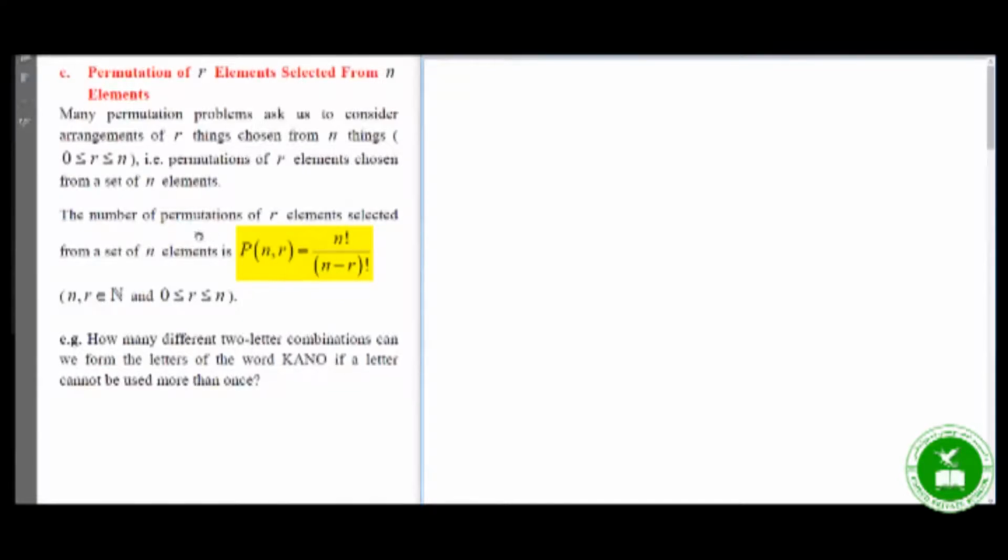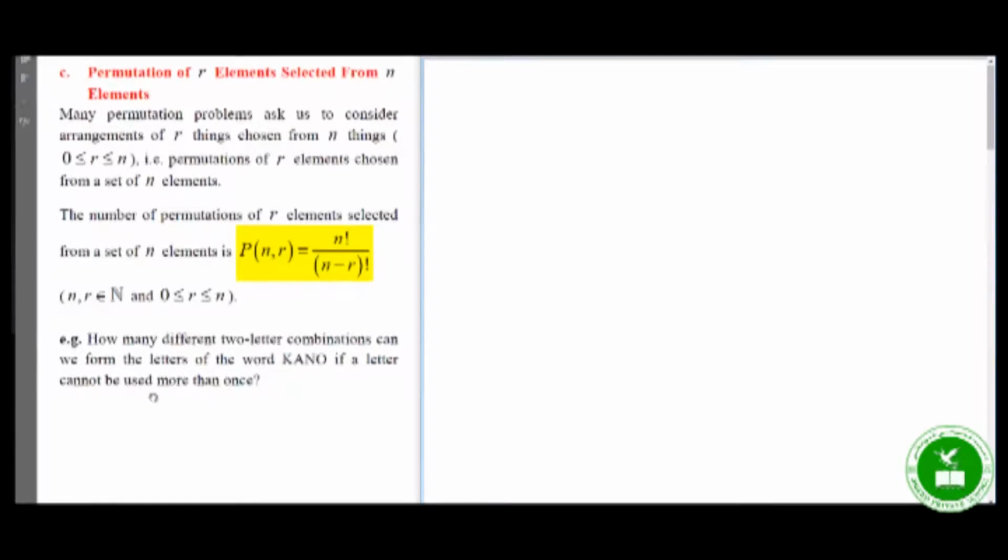So in this case, what should we do? What's the permutation of r elements selected from n elements? How can you calculate it? In this case, the permutation of r elements selected from n elements is equal to n factorial over n minus r factorial. For example, how many different two-letter combinations can we form from the letters of the word